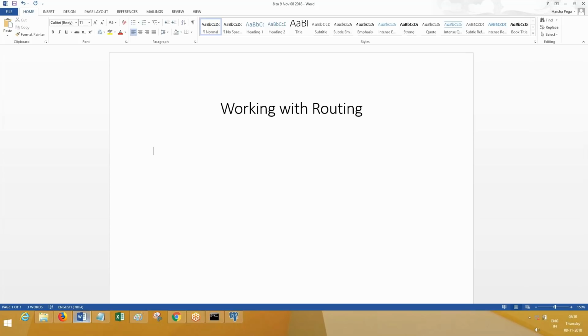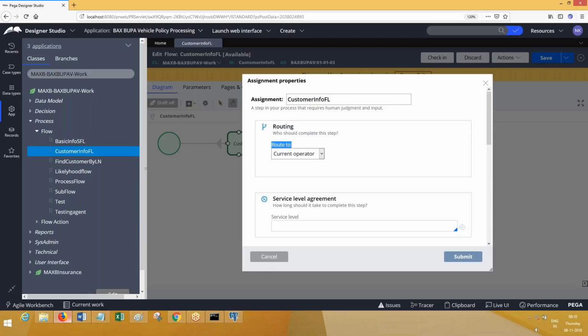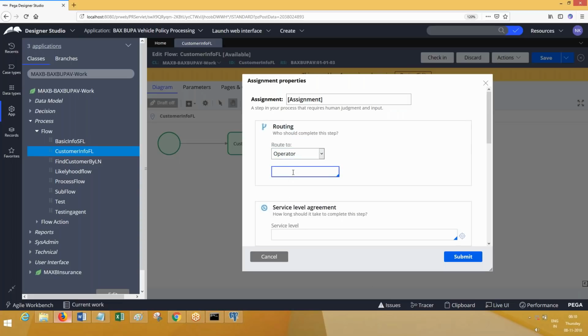If you are the one who wants leave, you execute the leave request flow, and the first assignment should be available to you, meaning route to current operator. When you go to the next assignment in the approval, it is not routed to the current operator; it should be routed to another operator, who is the current operator's manager: operator ID dot pyReportTo. The current operator's manager's operator ID will be available on the operator ID page, assigned to an OOTB property pyReportTo.